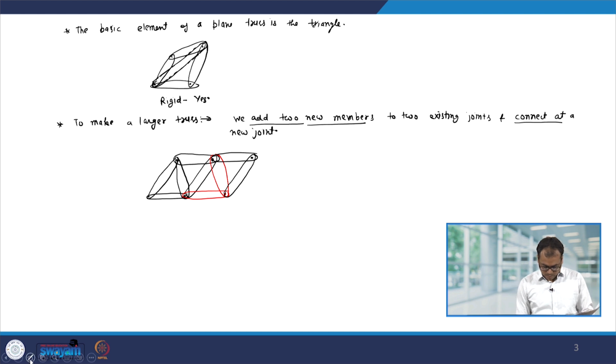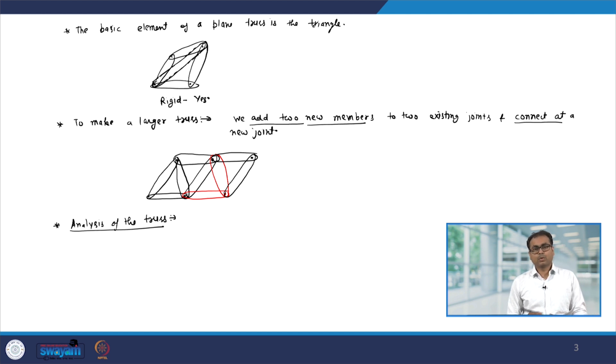Now, let us see how we analyze this truss. Analysis of the truss. By the way, what is the meaning of analysis? The meaning of analysis is to find out how much tension is acting between different members, what is the tension at the pin, etc. To analyze the truss, let us first make some assumptions or idealizations, and the first